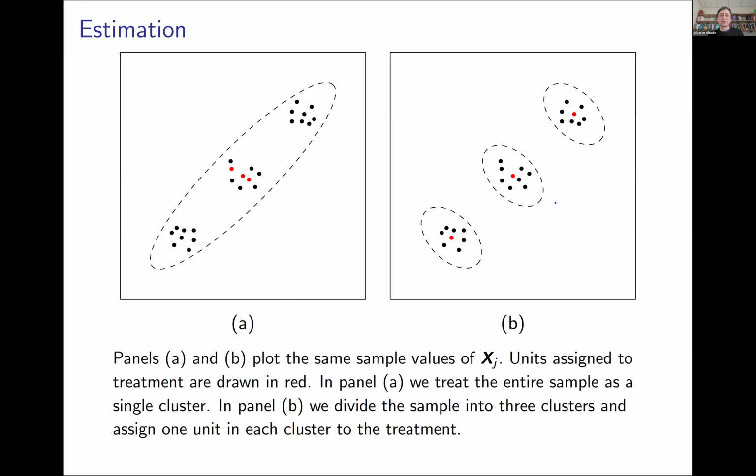And if you do some of the designs that we have in the paper, you may end up with the 3 treated units, the red ones, in the middle of the distribution. But of course, when you look at this example visually, this is not what you want to do. What you want to do is cluster your observations into these 3 clear clusters, and assign one of the treatment units to each cluster. And that's another setting that we consider in the paper.